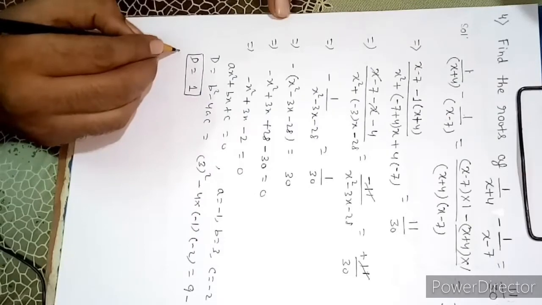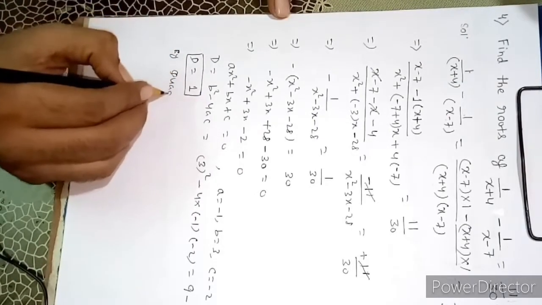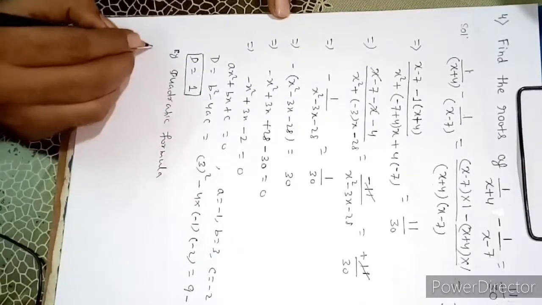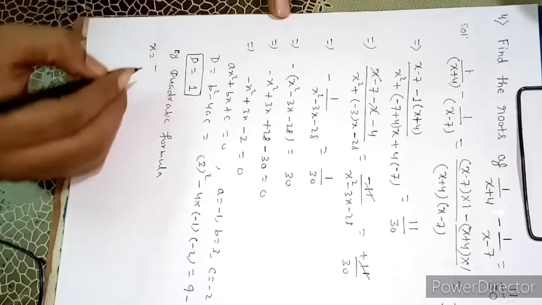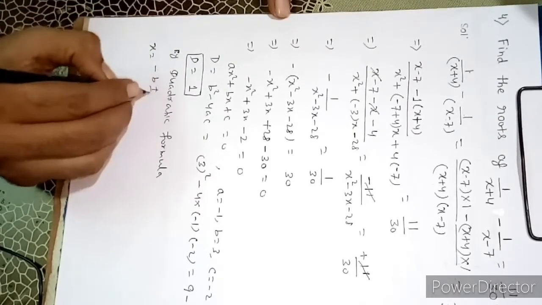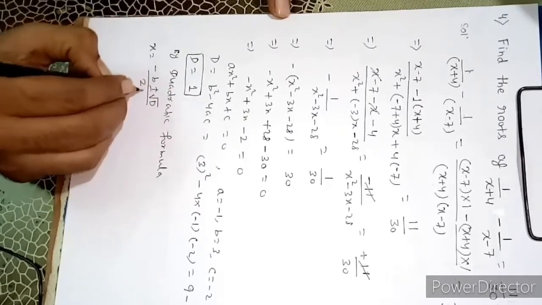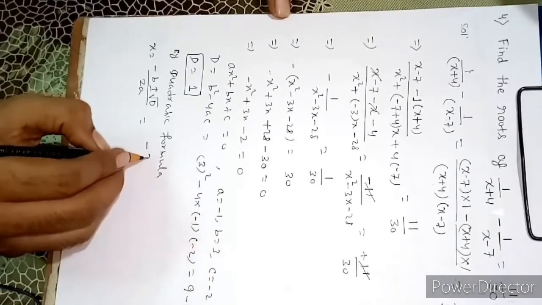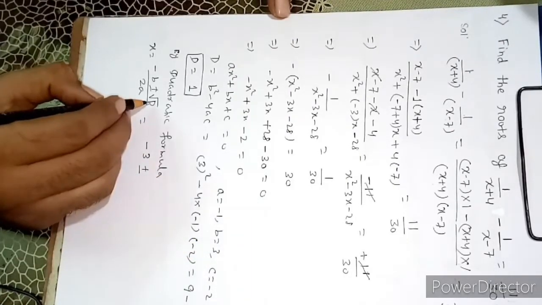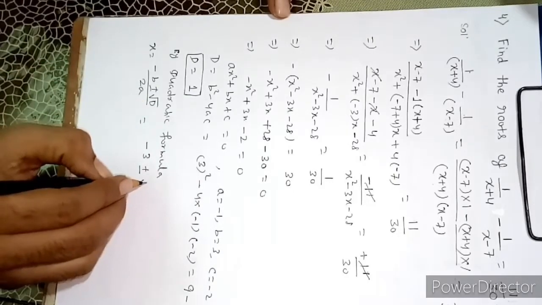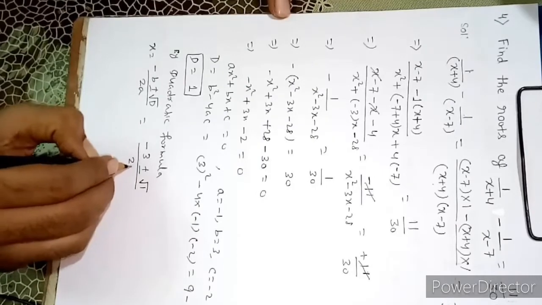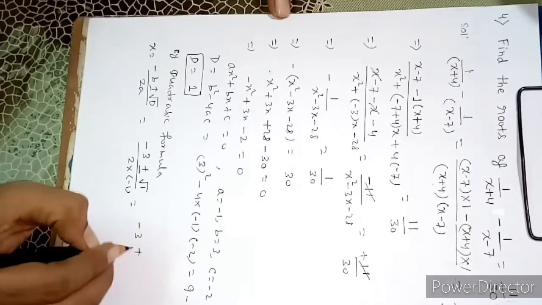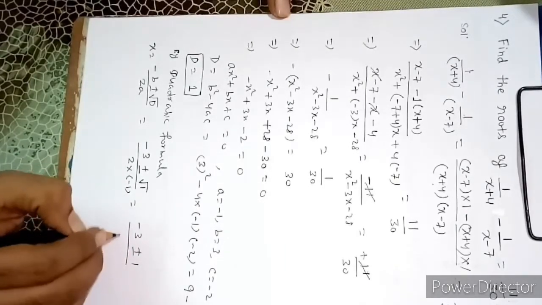Now by quadratic formula, what we get? x equals to minus of b plus minus root over D by 2a. So minus of b, what is the value of b? Value of b is 3. Plus minus, what is the value of root over D? Root over D means root over 1. 2 into a. a is what? Minus 1. We are getting minus 3 plus minus, root over 1 is 1 by minus 2.